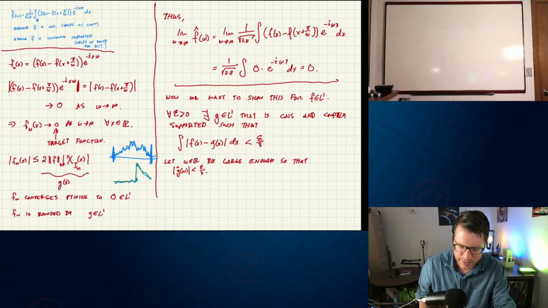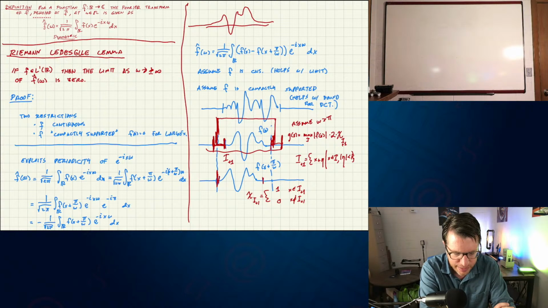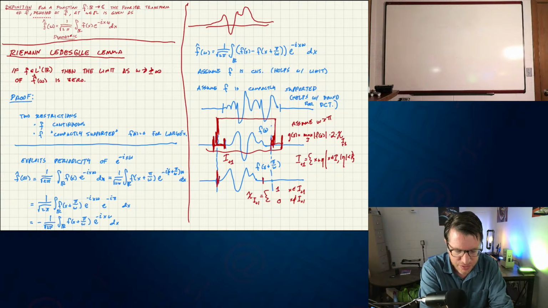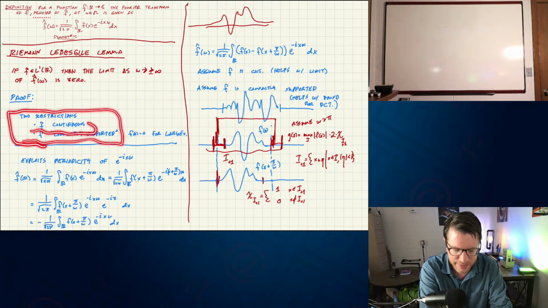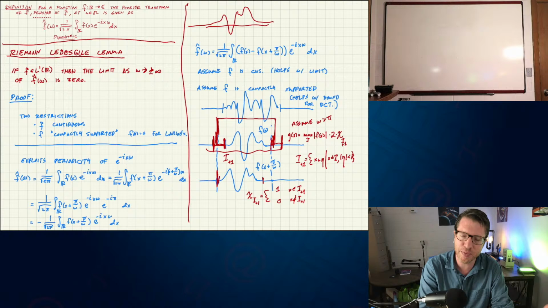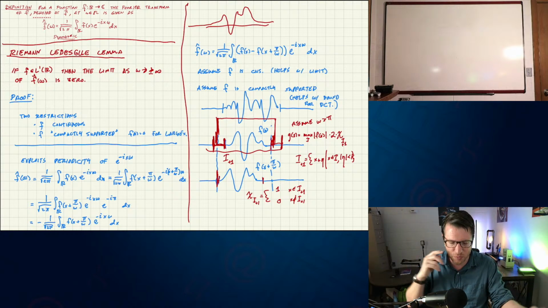So let's talk about what we just did. We started off over here, and we wanted to prove something. We wanted to say that if we have an f that is in L1, then the Fourier transform of f goes to 0 as omega goes to infinity, as the frequencies go off to infinity. And we noted that we would probably need these two concepts: f being continuous, which everybody knows straight out of calculus, and f being compactly supported, which is a newer concept, but basically it means outside of some interval, f is identically 0. So we're just 0 outside of some region.